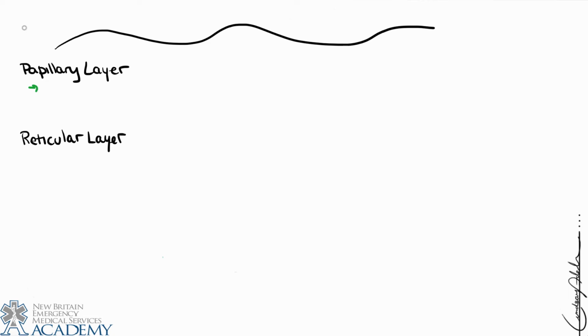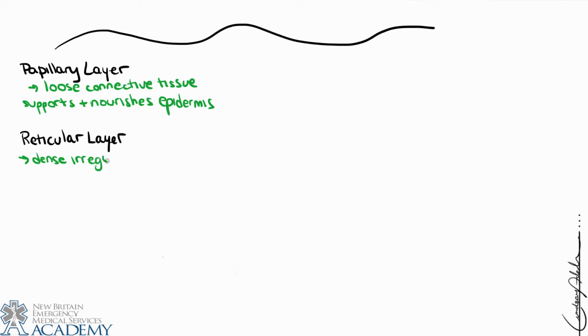The papillary layer is the layer that's most closely connected to the epidermis, and beneath it is the reticular layer. So there are 2 different types of connective tissue present here. The papillary layer consists largely of loose connective tissue, and it supports and nourishes the epidermis. And the reticular layer, which is about 80% of the dermis, is made of dense irregular connective tissue, which contains